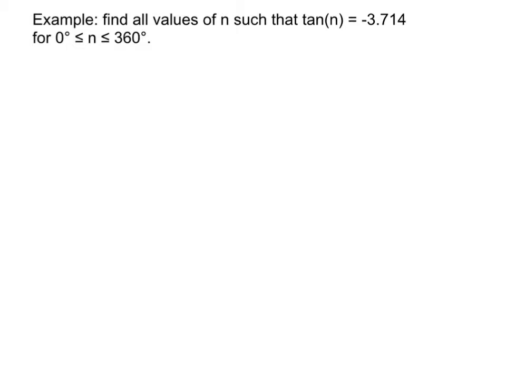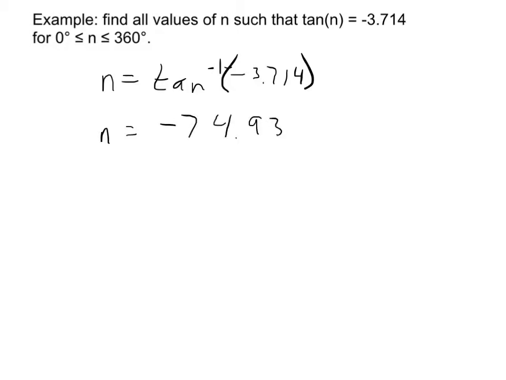Alright, so if you tried to solve this problem in your calculator by going n equals the inverse tangent of negative 3.714, you punch that into your calculator, you will end up with negative 74.930 degrees. So okay, cool. That was the principal value. Note that the principal value that I found was not on the interval that they asked for. And that's fine. That just means that for the sake of this problem,